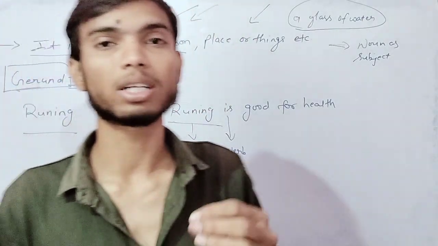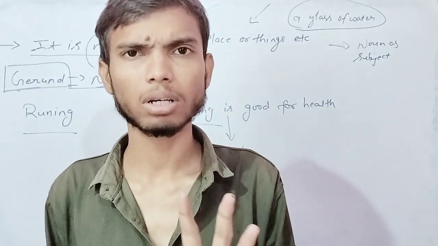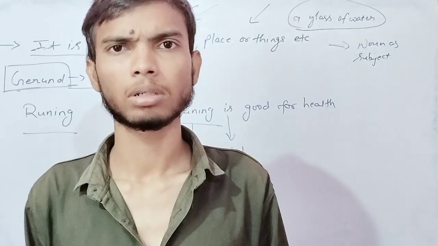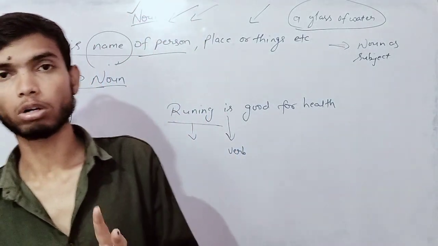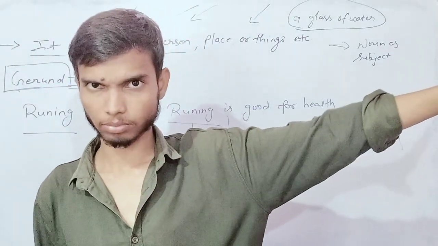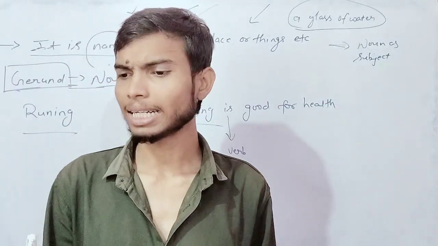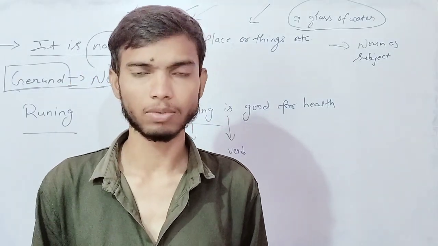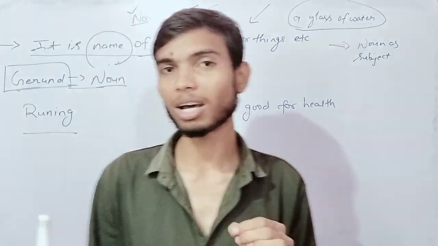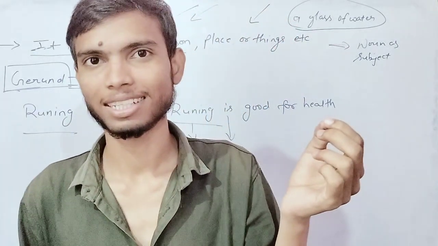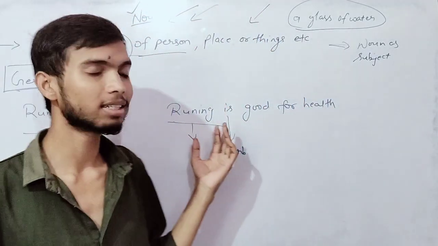That's why it is a constant, you can say. It is not continuous. It is telling you running is good for health. I'm not saying I am running. You are writing. Writing is a skill. When we say writing is a skill, something is a something. Okay, here you are understanding something is a something. Now you can say here running.